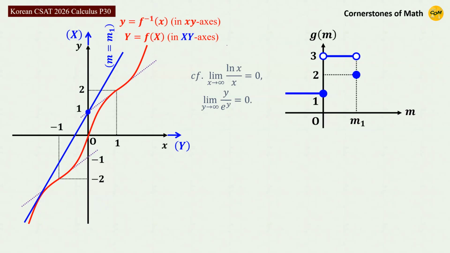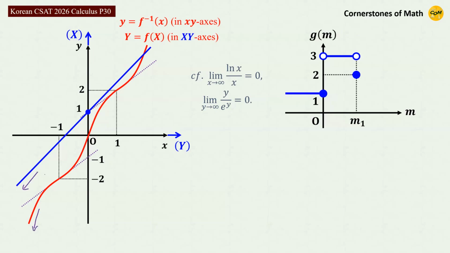Let us keep increasing the slope. After the slope is increased a bit more, the line cannot meet the curve on the negative small x region, and only meets the curve at a single point on the positive small x region. Therefore, after m equals m1, g of m drops to 1, and it stays at that value even if m